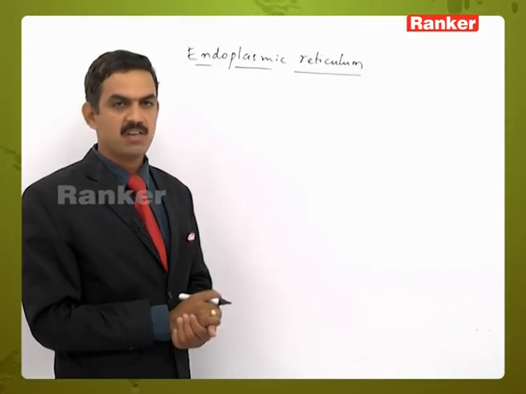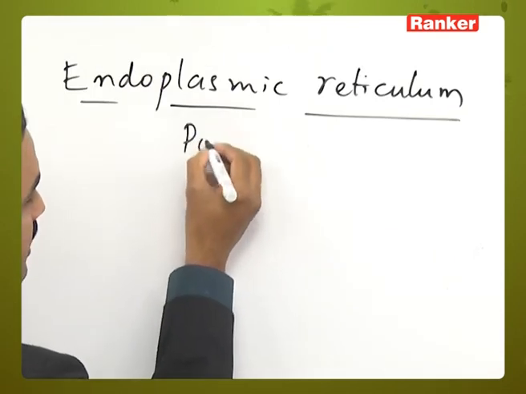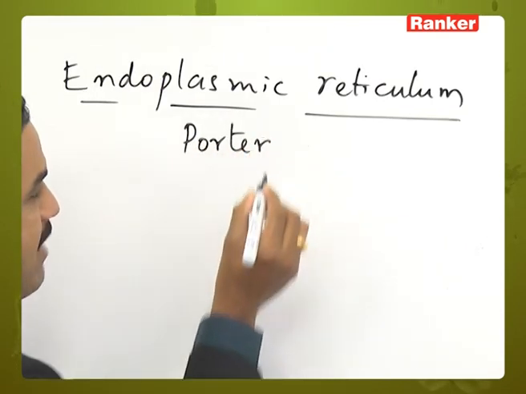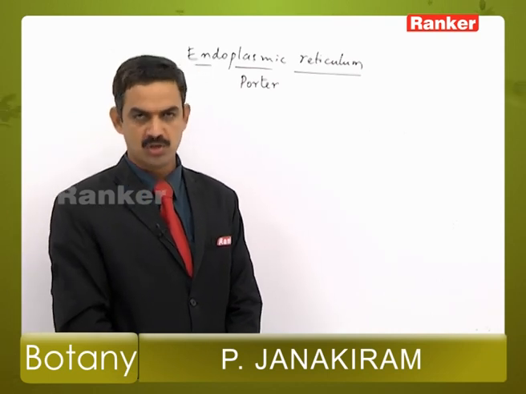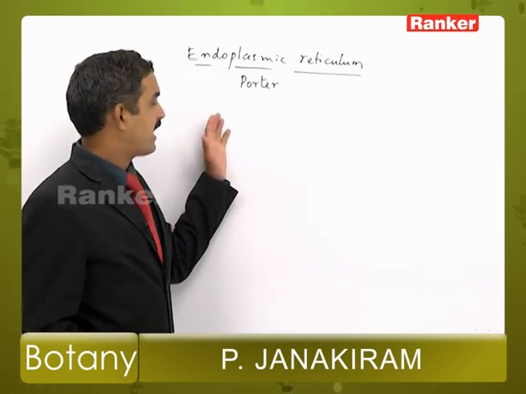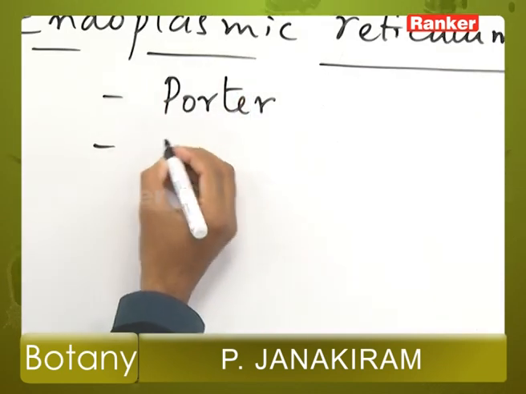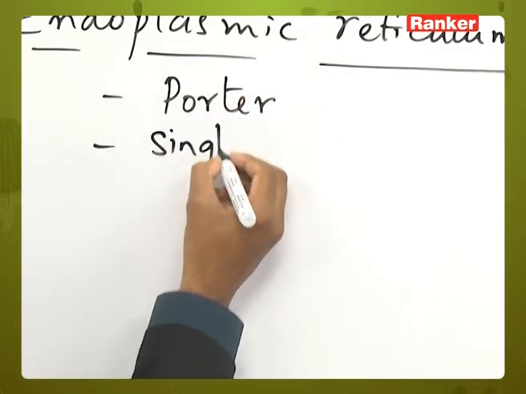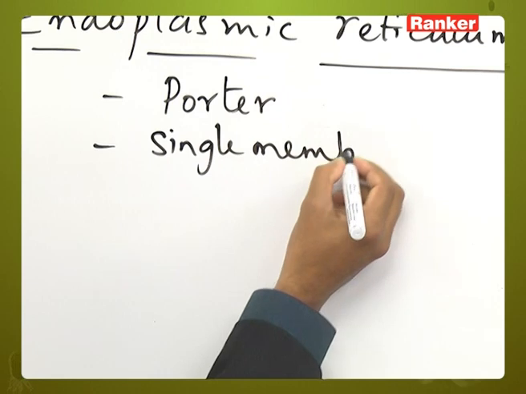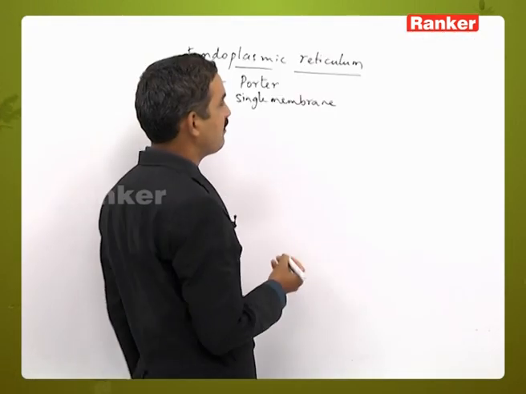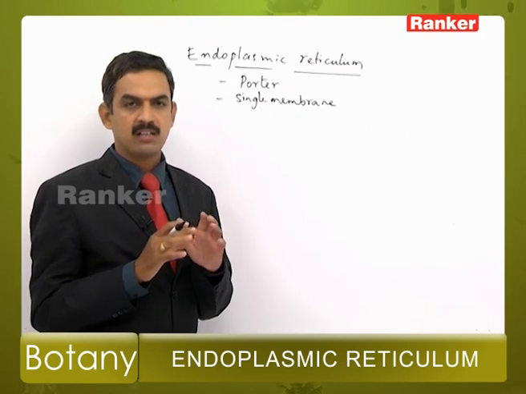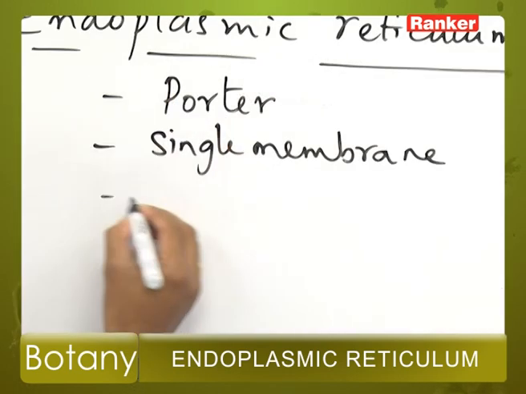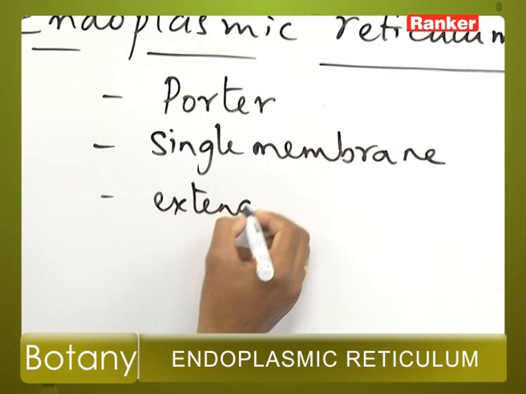Endoplasmic reticulum was discovered by a scientist called Porter, and the name endoplasmic reticulum was also given by the same scientist, K.R. Porter. So here, endoplasmic reticula are single membrane cell organelles which are spreading throughout the cytoplasm, and these are structures which are extending between